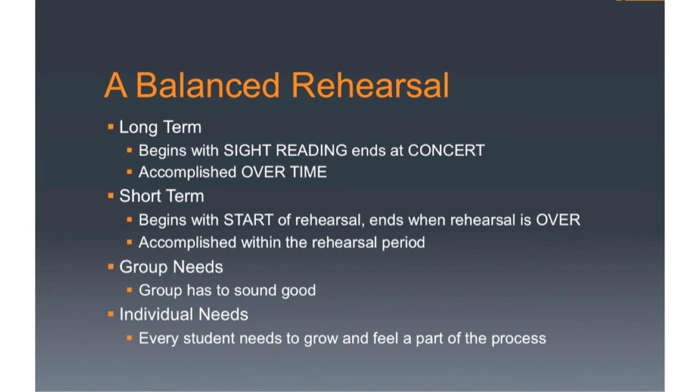And balancing these four different elements: long-term goals and short-term goals versus needs of the group and needs of the individual. The long-term goals I define as something that begins when you sight read and ends at the concert. In other words, it's something that's accomplished over time. A short-term goal is something that begins at the start of the rehearsal and ends when the rehearsal is over. In other words, it's something that's accomplished within the rehearsal period. And I'm always trying to think about having both of those things on my mind